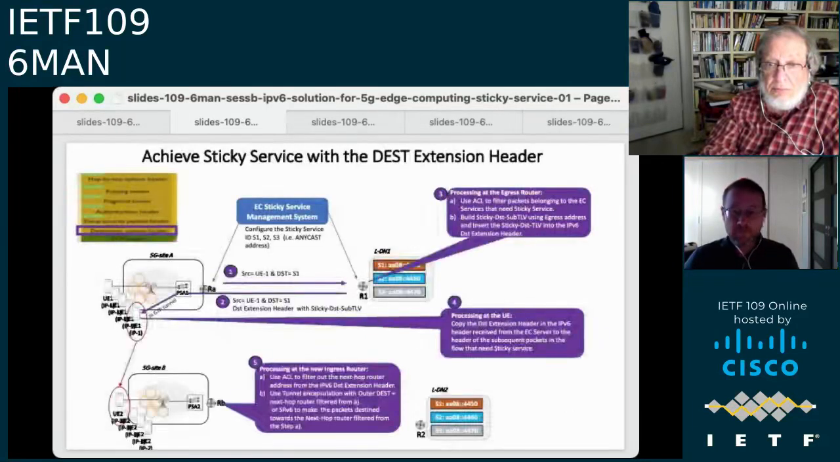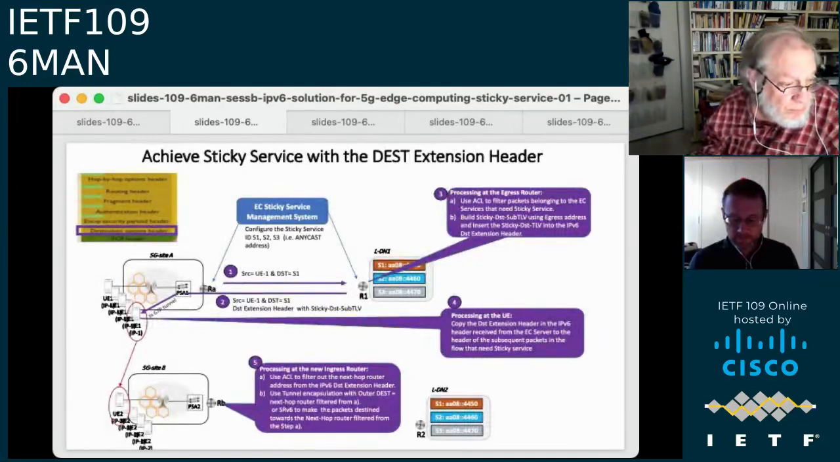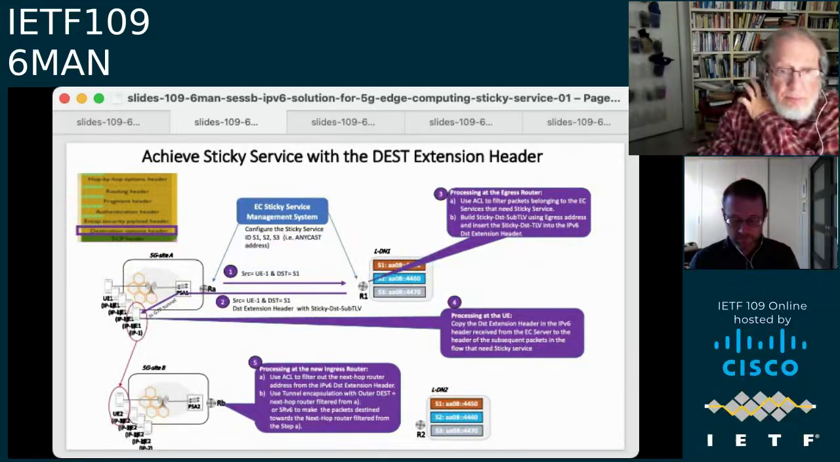Next slide. So IPv6 has this elegant, very convenient way of having this destination extension header. This is the flow. When the UE traffic comes anchored to the PSA1, it goes through the eNodeB, and the GTP tunnel is terminated by the PSA1. After the traffic comes out of PSA1 to the ingress router to the local data network, we'll have source and destination based on the